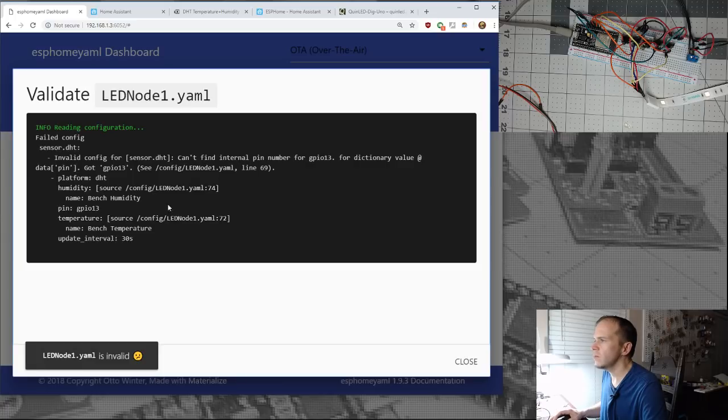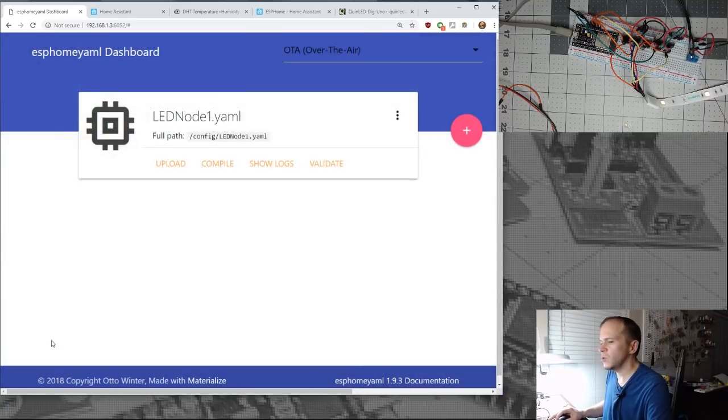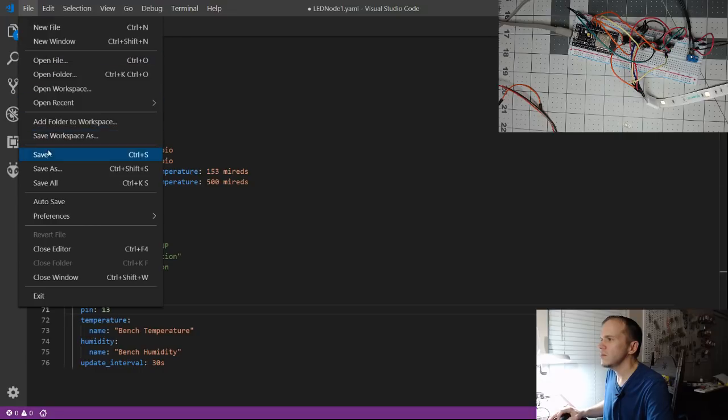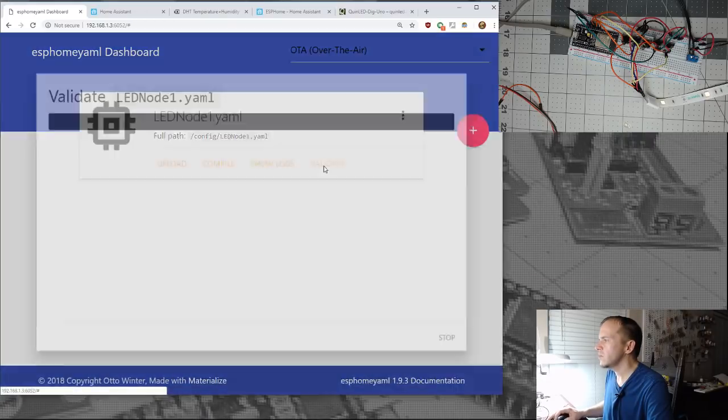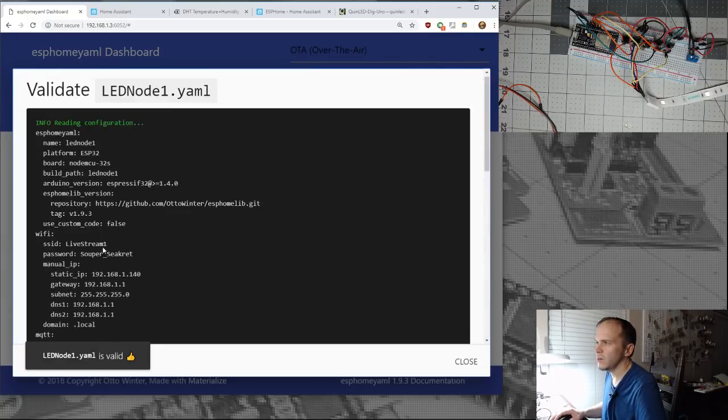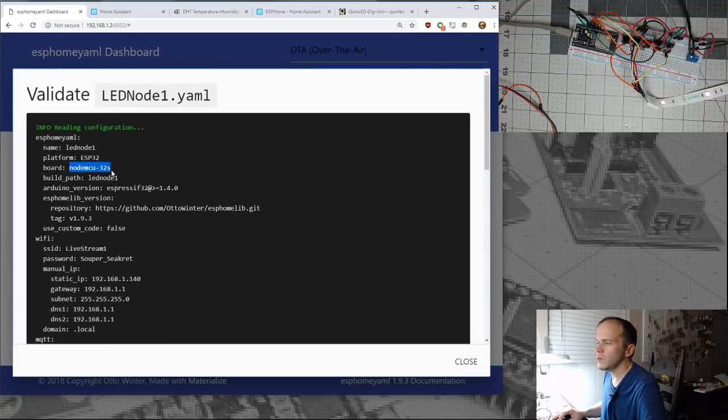Oh, it's valid. Okay. Well, let's see. Sensor can't find internal pin number for GPIO 13, line 69. So it does not like that. I wonder if it's something due to that board that I used. But let's just change it, that's no problem. We'll take it and go to 13. File, save. And we'll validate again. Now it's valid. Okay, so it does like it on this particular NodeMCU 32S board that I chose.